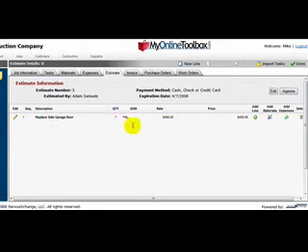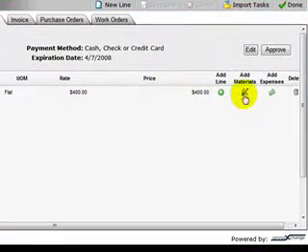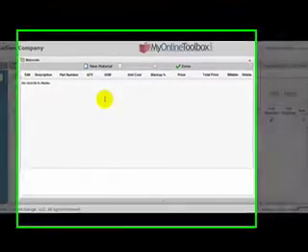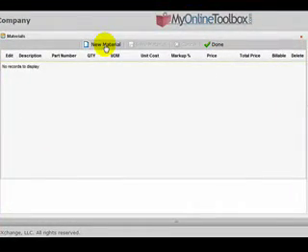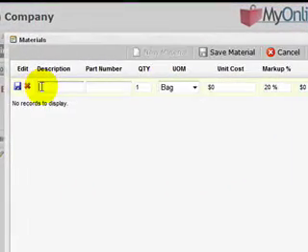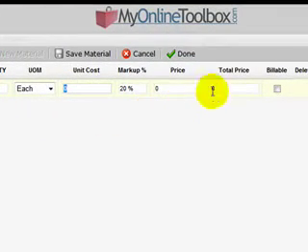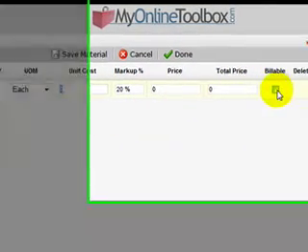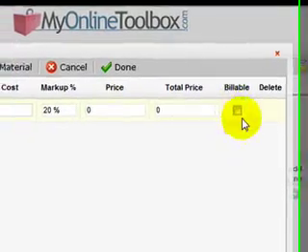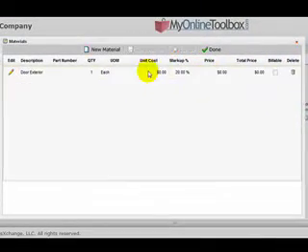Now I could be done with this estimate right now, but maybe I want to make reference to the actual door that I'm going to put in there. I will just hover over Add Materials, click the icon, and up comes the material screen. At the toolbar on the top, I'm going to choose New Material, and I'll add the door. Door, exterior, skip the part number, and we'll say each. I'm not going to put any money in here because I've included the price of the door in the flat rate, so I'm not going to mark this as billable, and I'll just save the material